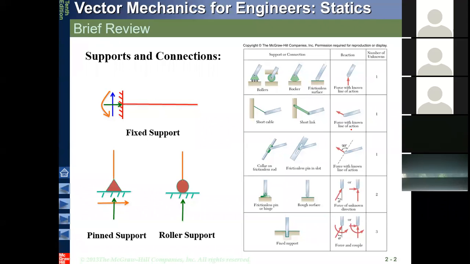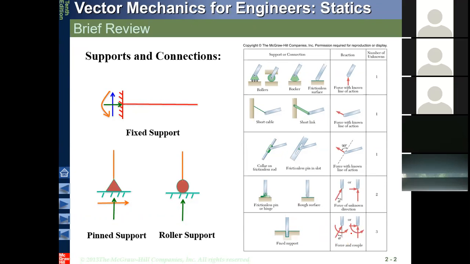And or you can have a collar that can slide in the direction of the collar, but you have constraint perpendicular to that direction. So this also has a known line of action. And well, this is like a frictionless pin, or rough surface is like pin support, and also you have fixed support that you have constraint for